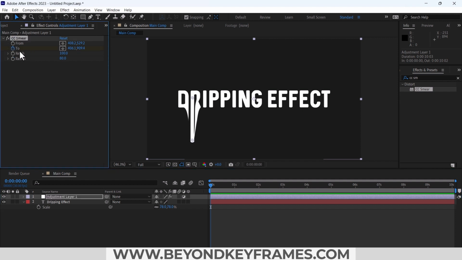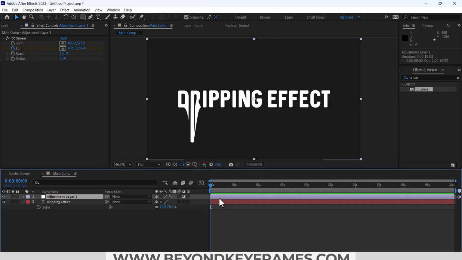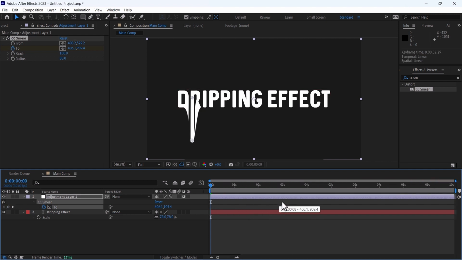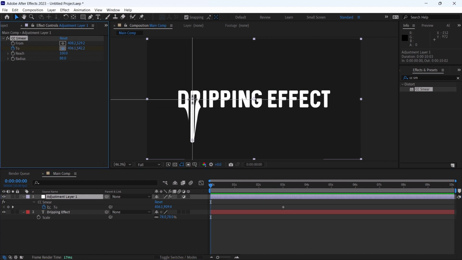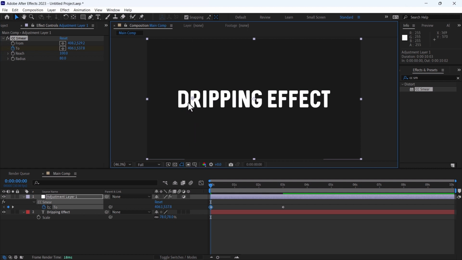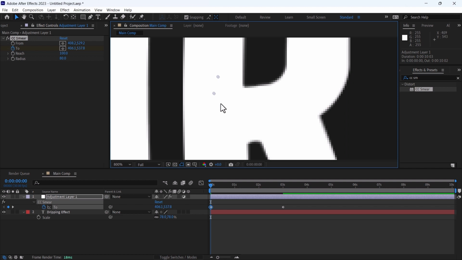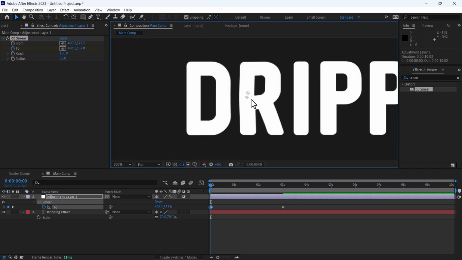Now keyframe this To. Press U, it will reveal the keyframe. And we have a keyframe at this point so that it will end here. Let's say I want it to end after 3 seconds. Now again check this point and make it near to the From. So as you can see, it's starting from here, and in the start we have set it at this point so that we have no particular effect